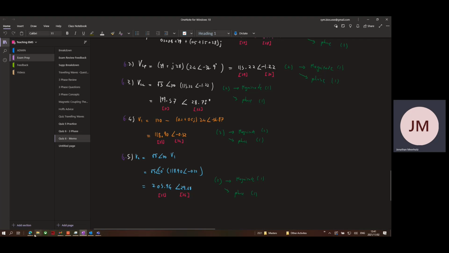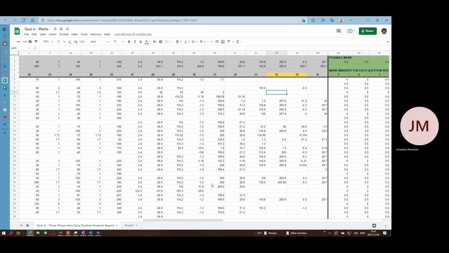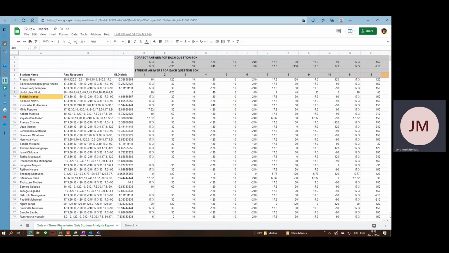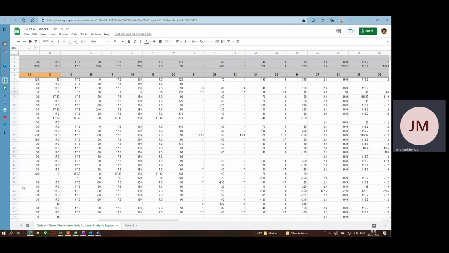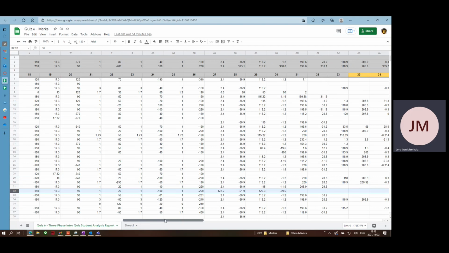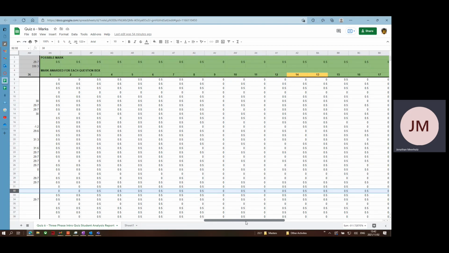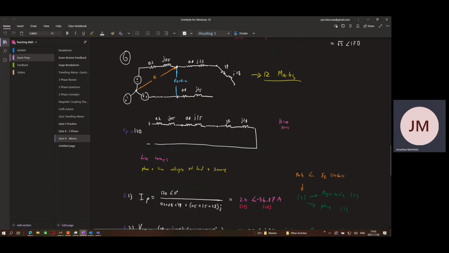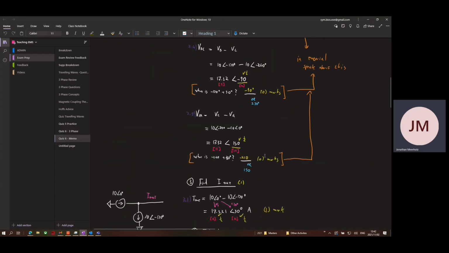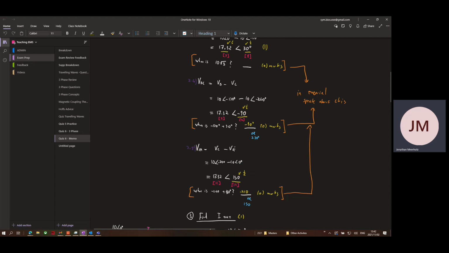Yeah, so now you can look at your memo a bit better to see what mark you got. Let's just say this student over here, it doesn't matter because we don't know what the name is. Let's say you wanted to see your mark. You'd be looking at the memo, seeing what question you're concerned with, and you'll see, okay, wait, there's a discrepancy here. It can't be with 11 because that's for 0 marks. But let's say it's this,